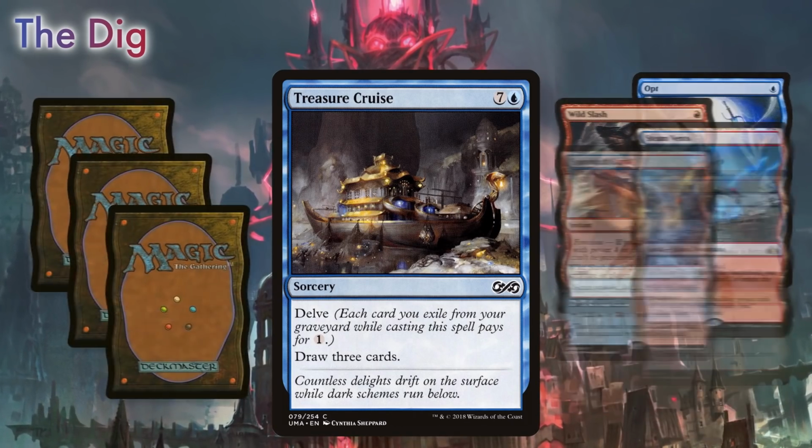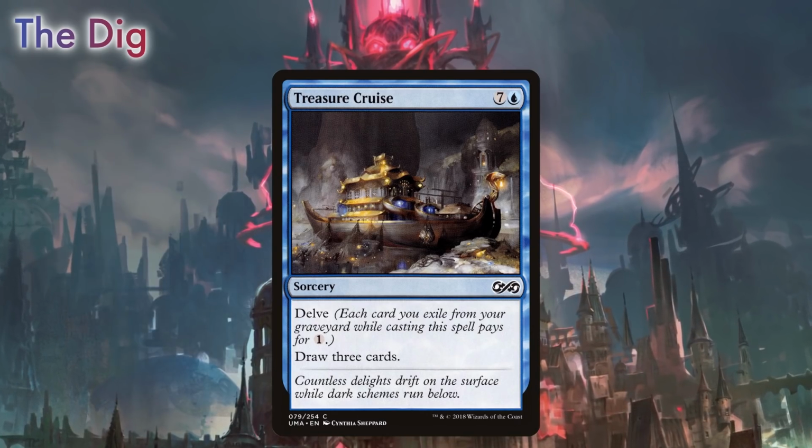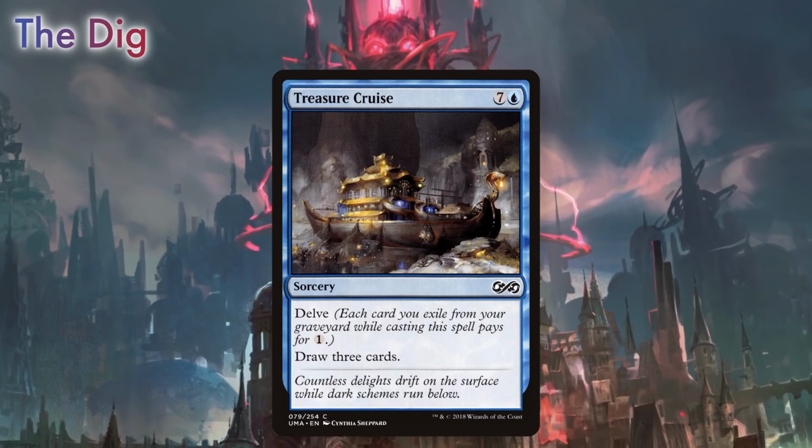used spells into cold hard cards. 3 of them to be exact. We can't recur our spells in this deck, so don't be afraid to delve away anything and everything that isn't